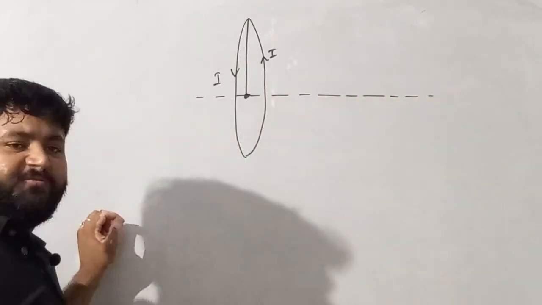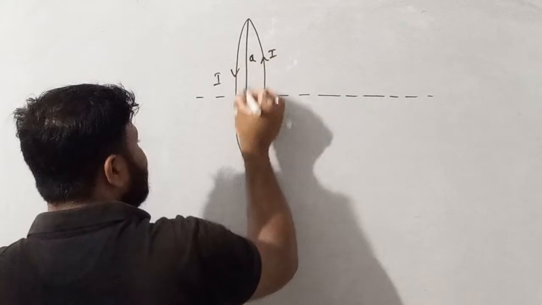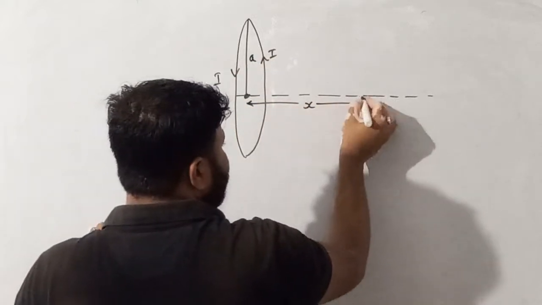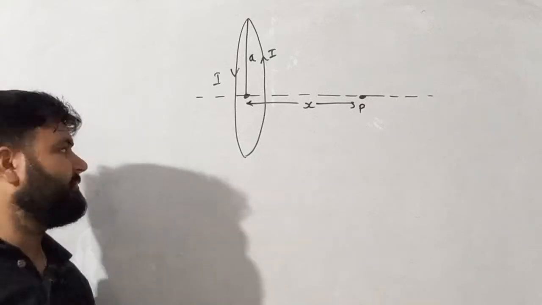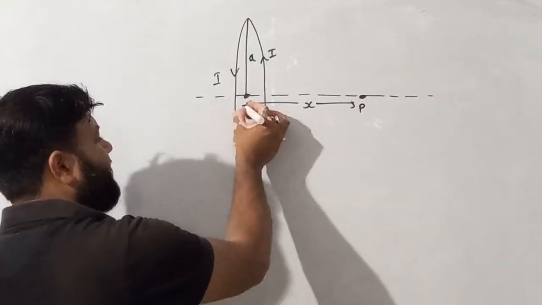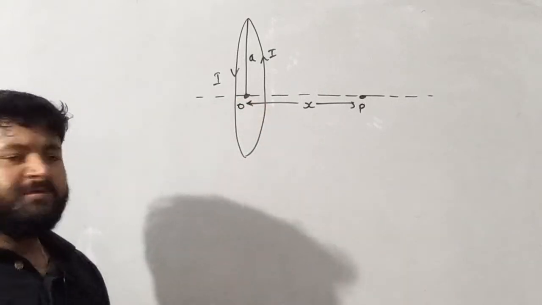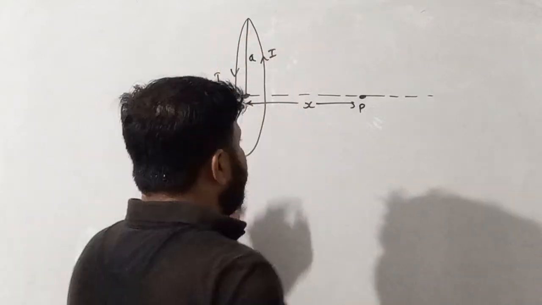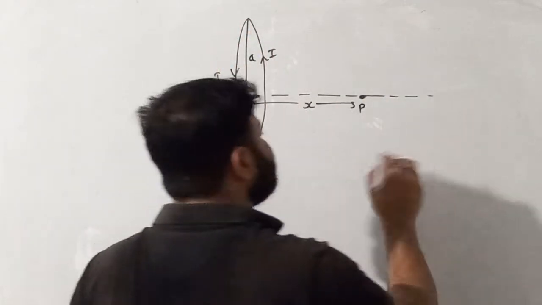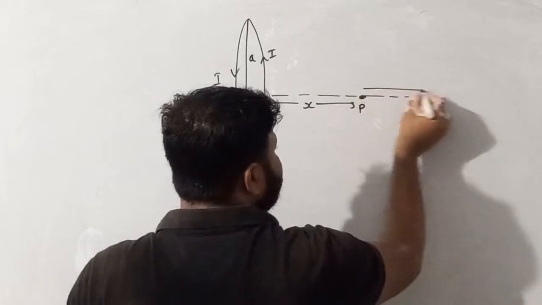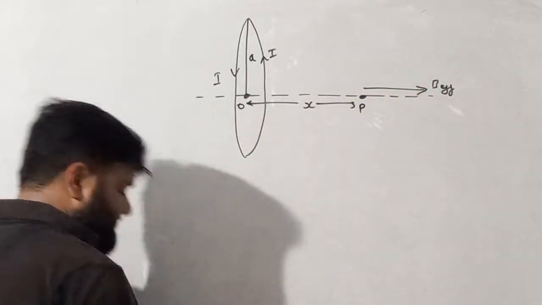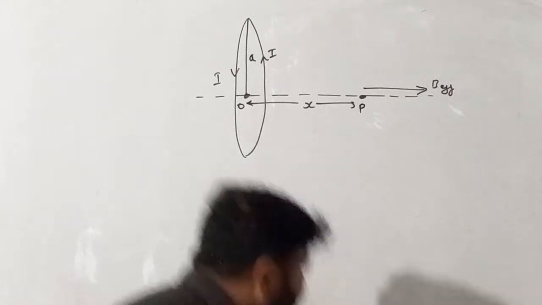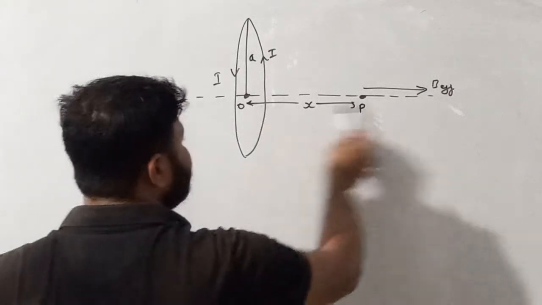This is the axis of the loop, the radius of the loop is A, and at distance x we are finding the magnetic field at point P, which is x distance apart from the center of the loop. See my dear student, the cos component gets cancelled, only the sine component is there. So the direction of the magnetic field, if the current is anti-clockwise, then the direction of the magnetic field is away from